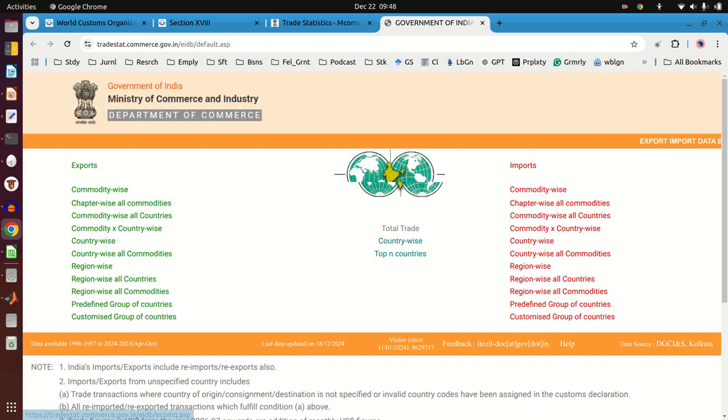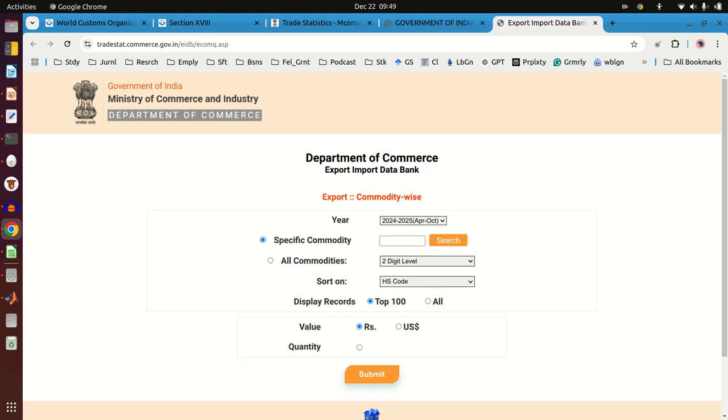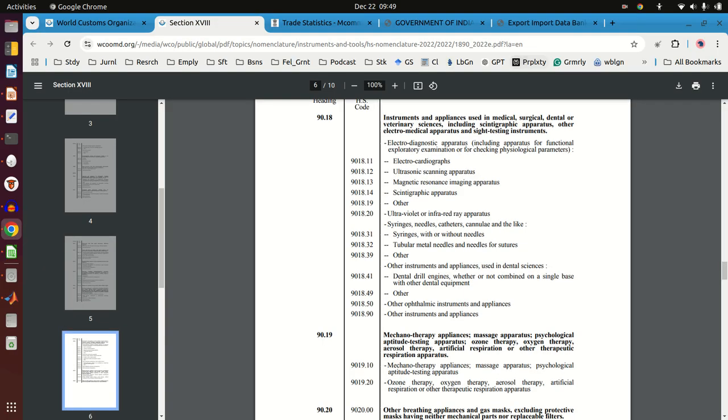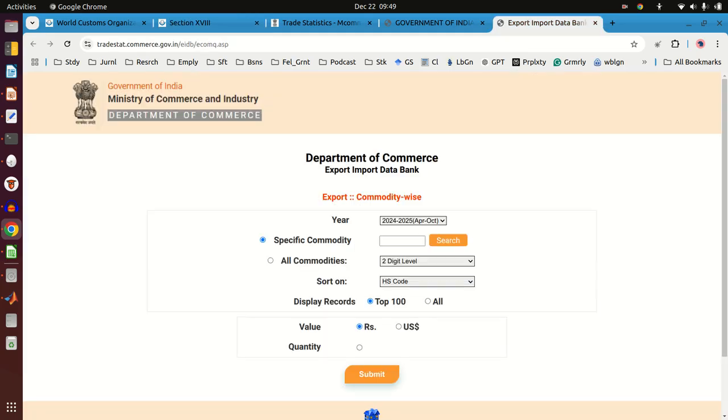And here you will see export on the left side, import on the right side. Now you see a lot of categories, and you can use various categories to get focused data. So I will start with the commodity-wise simple way of generating data. I'm interested in this category, 9018. So if I put that here, and let's put it in USD